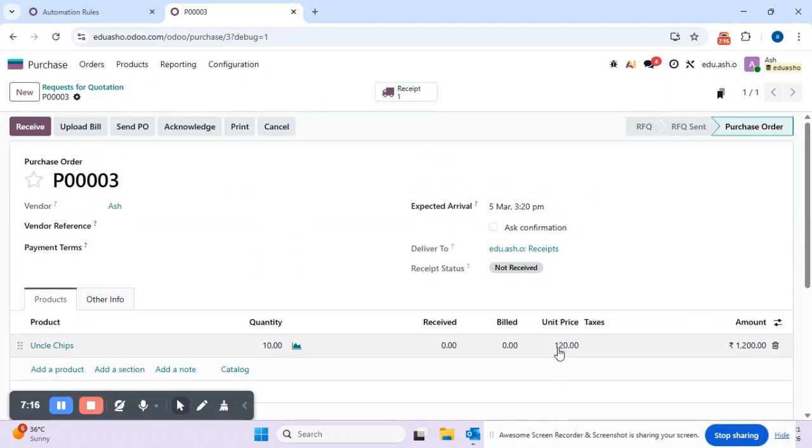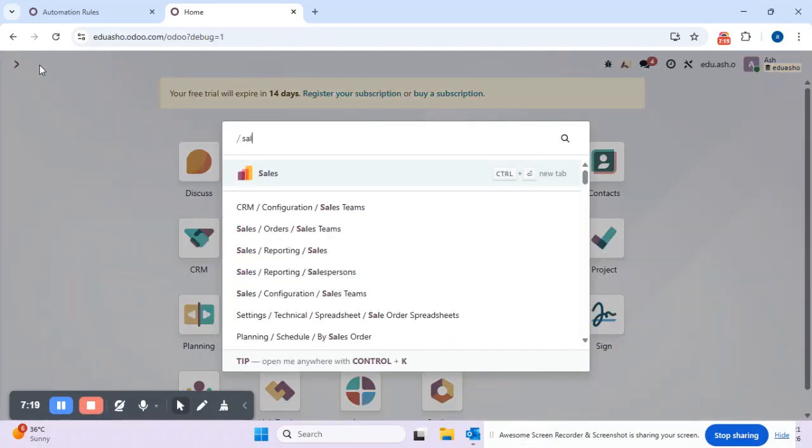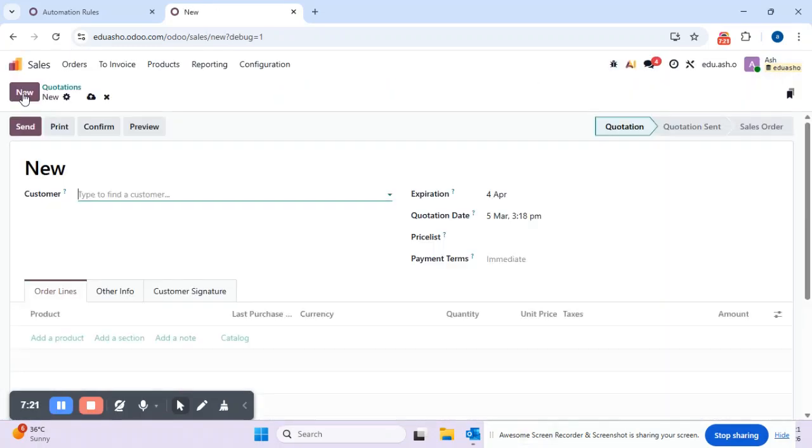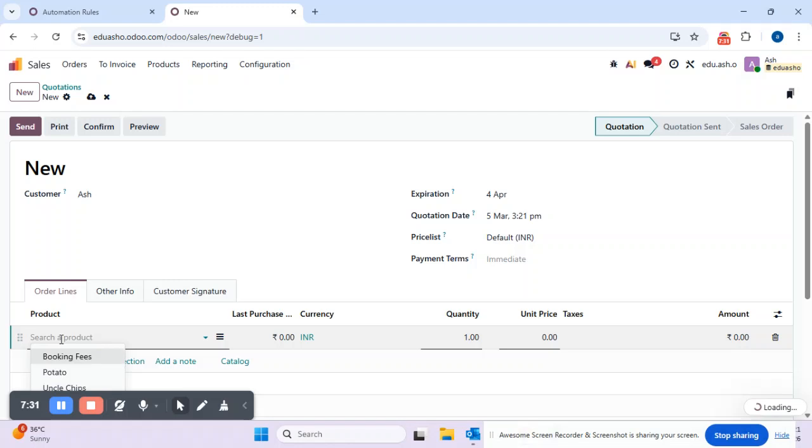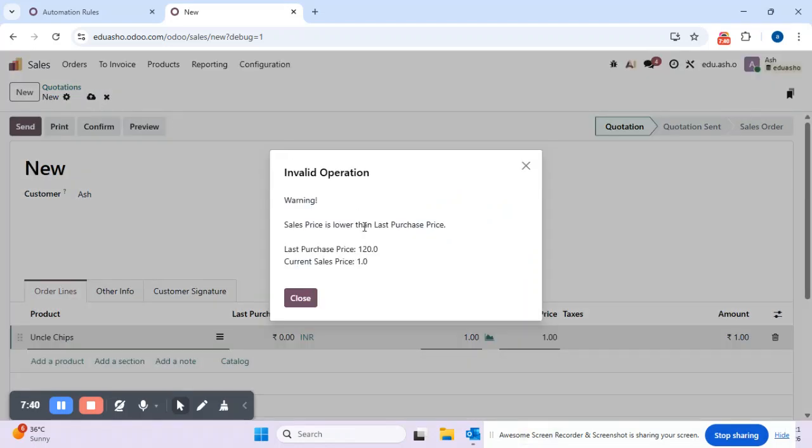So my last purchase price is 120. Now let us see the code that we have done is working or not. Let us create a new sales order. Here you can see that's my last purchase price of a particular product. So Uncle Chips. Once we save this,